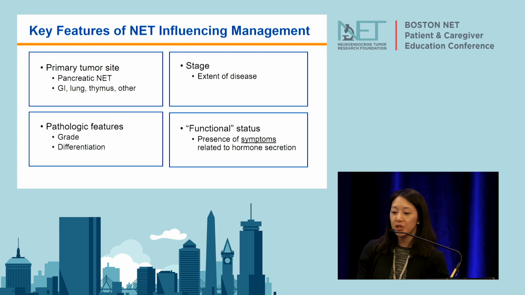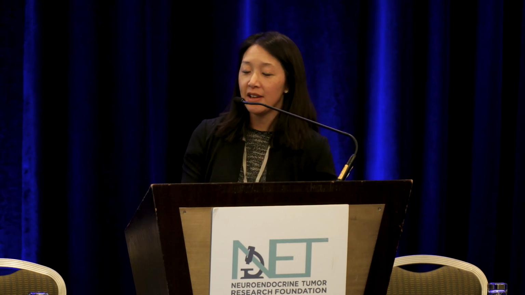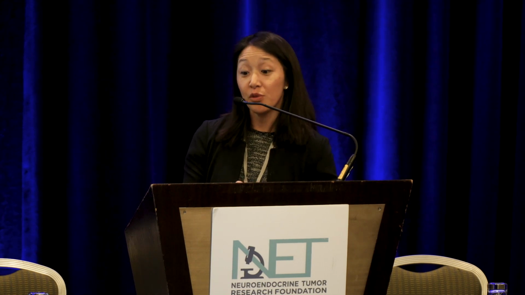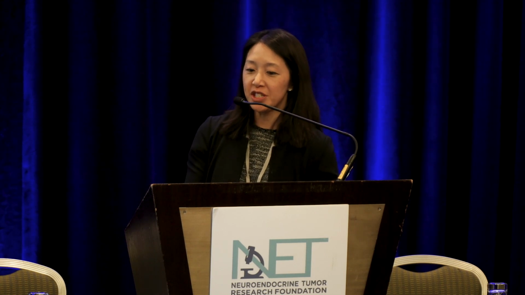The next important feature really is the stage. How extensive is the disease? Is it still localized or has it spread somewhere else in the body? The other important feature is really the pathology, what we are seeing in a biopsy. And I'll, again, go into more detail, but grade and differentiation are the key elements to focus on. Finally, what we also refer to as the functional status is important to understand. And this is really a clinical diagnosis based on whether patients have symptoms that are related to the hormones that the tumors are secreting. So I'll delve into more detail into each of these, starting first with the primary site